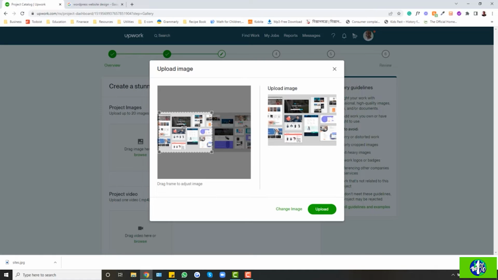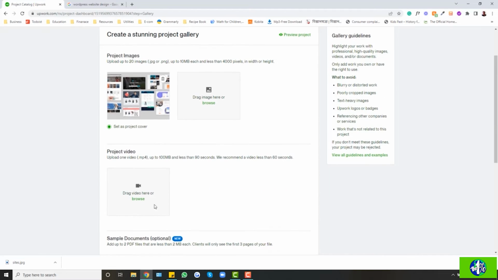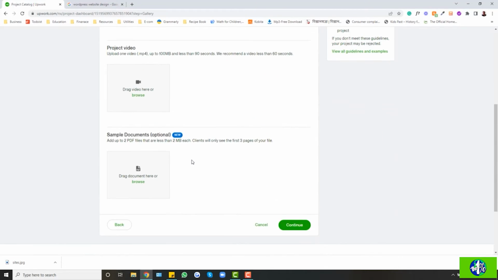I know you have your own portfolio, and use the images from your own portfolio. Okay, so upload it. You can upload up to 20 images, or you can upload a video. I just put 1 image to show you, and once you are done, you can also add sample documents. I mean, how you create the WordPress website. If you have the documents, if you have the coding or something like that, you can add it here,